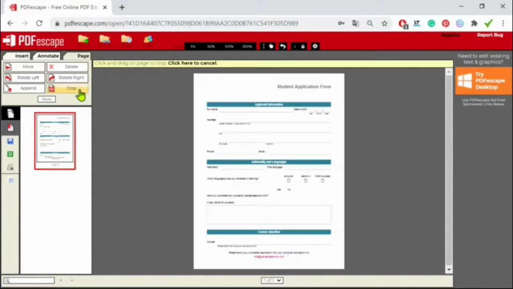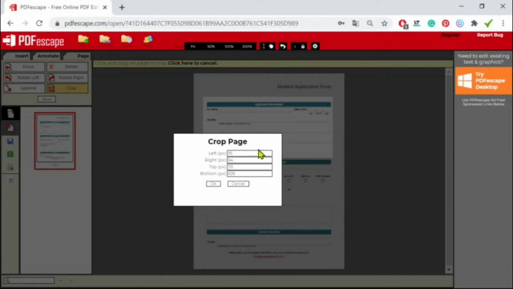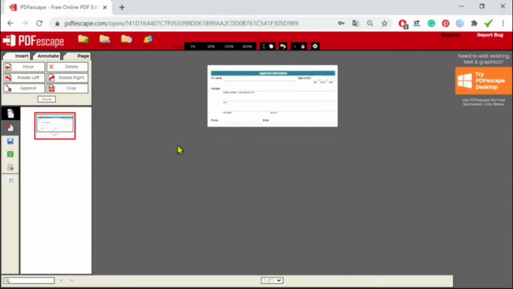To crop your page, you have to select the part you want to crop and keep by clicking and dragging. Let's say I want to keep this part here and get rid of the rest. So I'll just click at the top, drag my box, leave it. You can actually specify some numbers here, click OK, and this is the part we would keep.